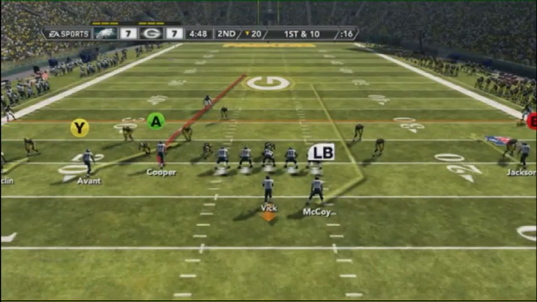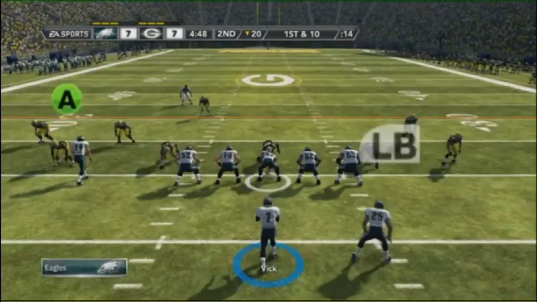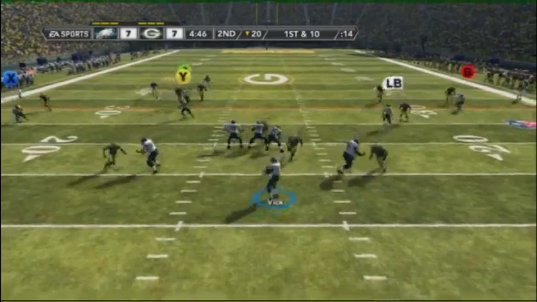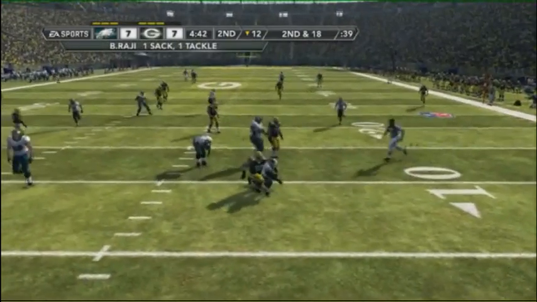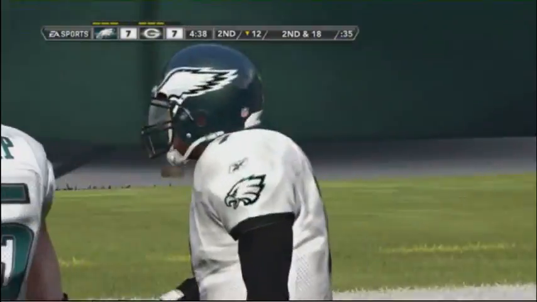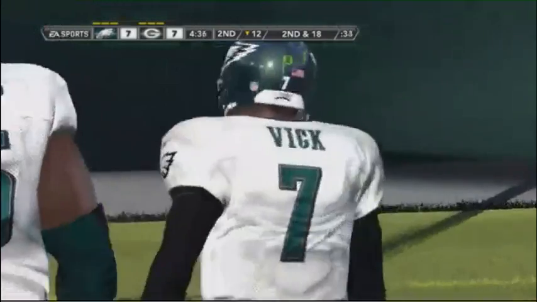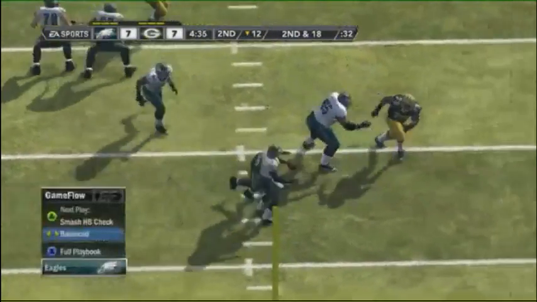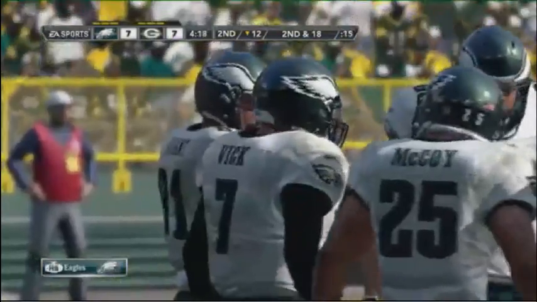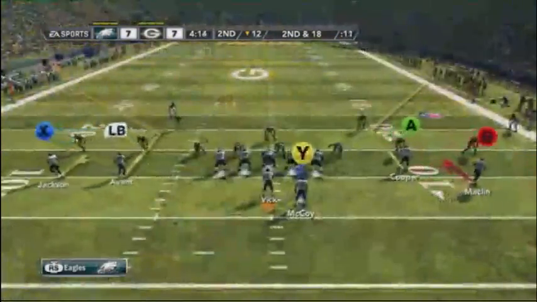So we've got the Eagles and Packers here. It looks like we're at Lambeau Field. I hear this was a fan choice. This was a fan choice on Twitter. We posted on Twitter, and this was what the majority of people wanted to see. Obviously, a lot of people like seeing Michael Vick and the Packers since winning the Super Bowl. But talking about dynamic player performance, say Michael Vick and Aaron Rodgers, what kind of differences will we see when we're playing against them in the game?